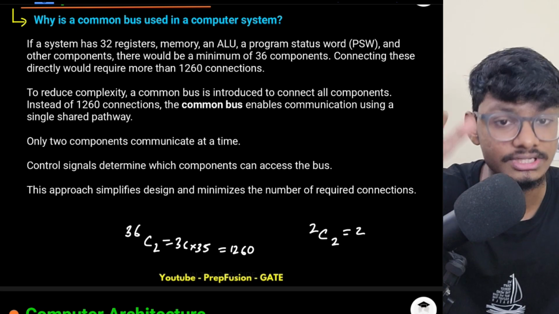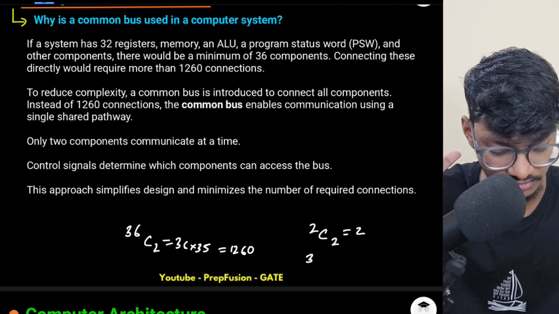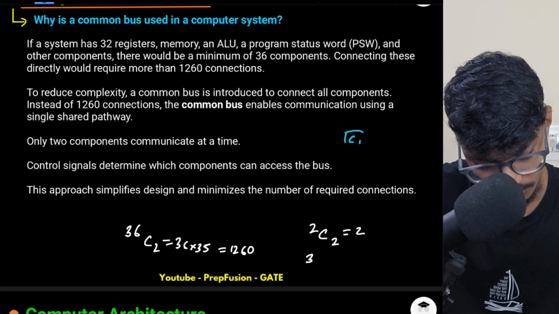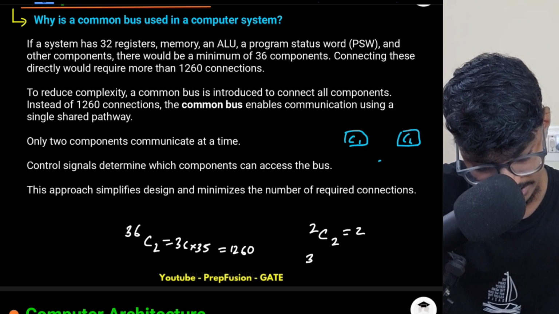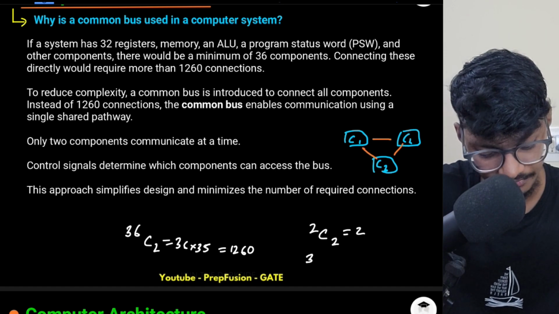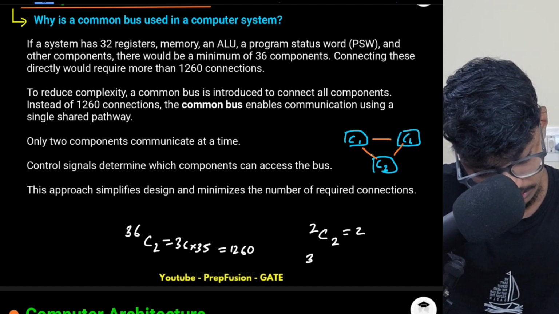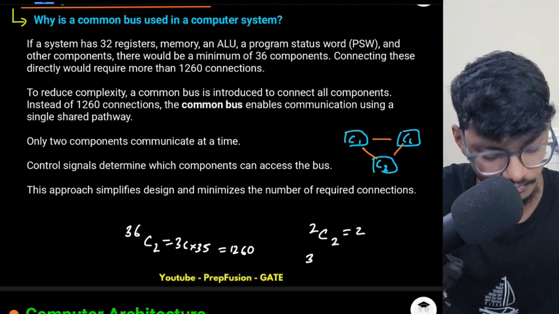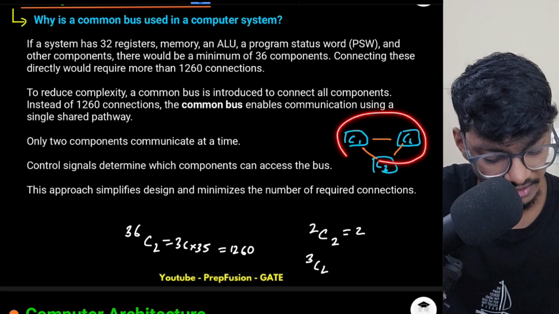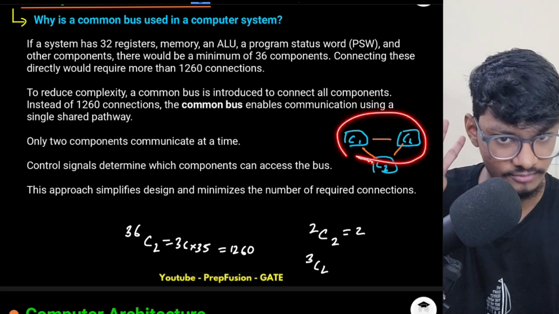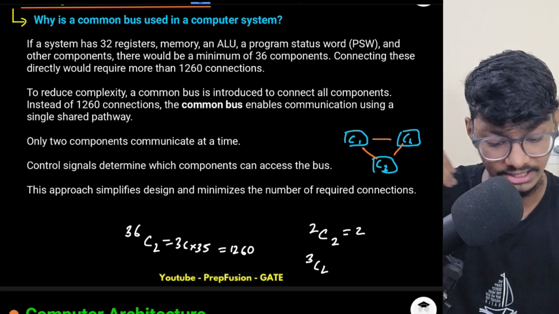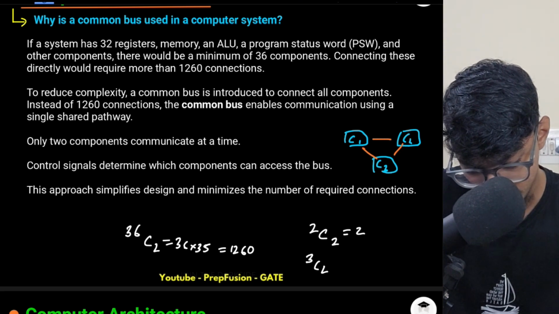If I have three components, how many ways can I connect them? This is C1, this is C2, and this is C3. Each is connected to the others, so it is 3C2. Why 3C2? Because I have three components and always have to choose any two, since a wire can be connected between any two. Then if I have four components,